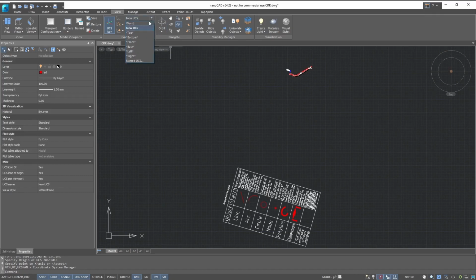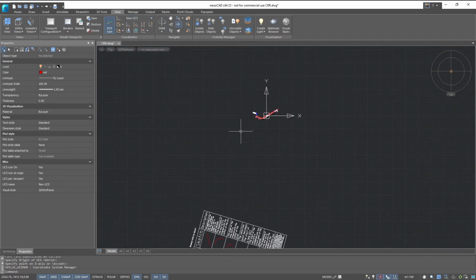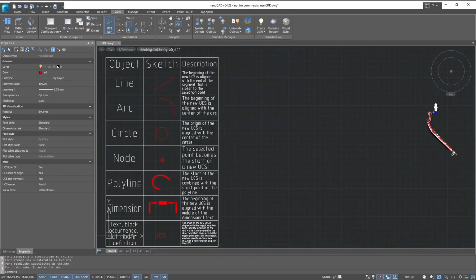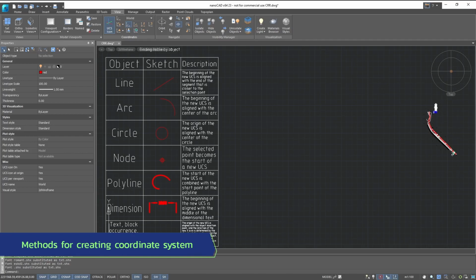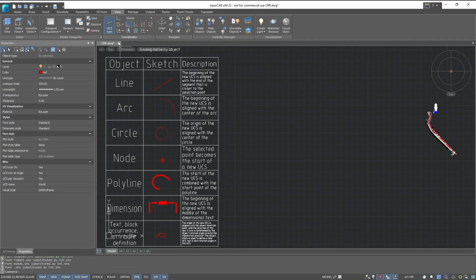From the drop-down list, we can switch between systems, and also, if we need the initial position of the world coordinate system again, we can return using this button. Let's return to the world coordinate system and look at what other methods we can use to create a new coordinate system. The first is Coordinate System. This command allows creating a new UCS using 3 points X, Y, Z. We can also create a UCS by rotating around an axis,